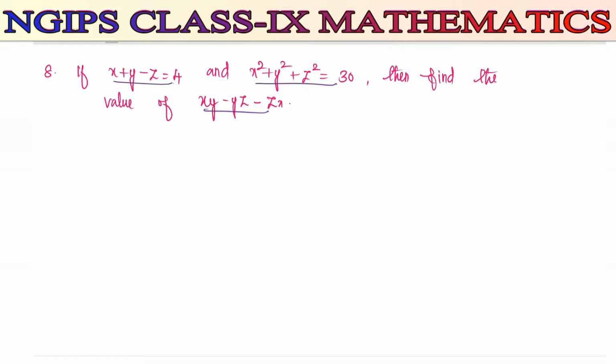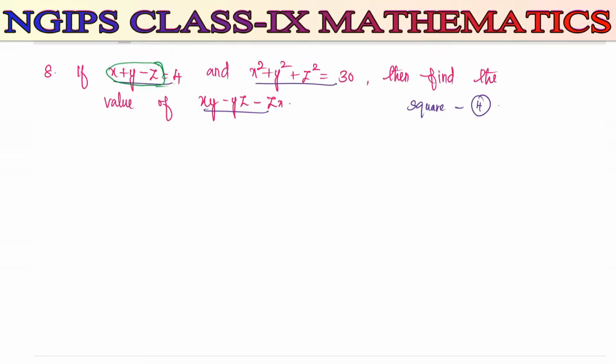So here in the square formula, totally we have 4 formulas. Definitely you will get confused about which formula we have to take to find the value of xy minus yz plus zx. Okay, now here in the question they will give the hint. So here we have the x plus y minus z value, right? So for this, just take a square on both sides.